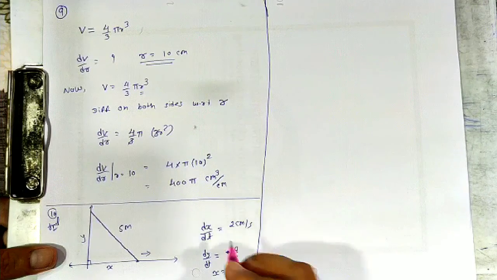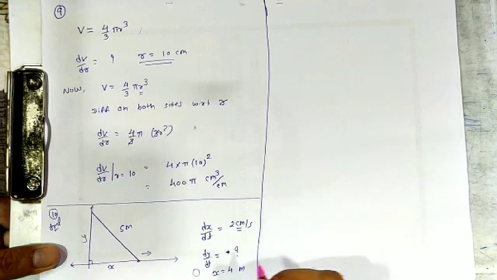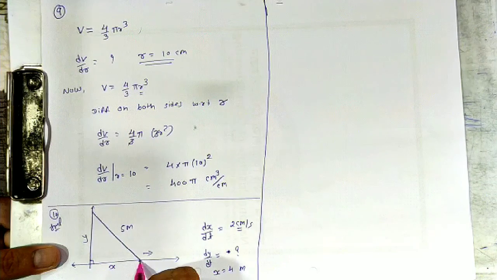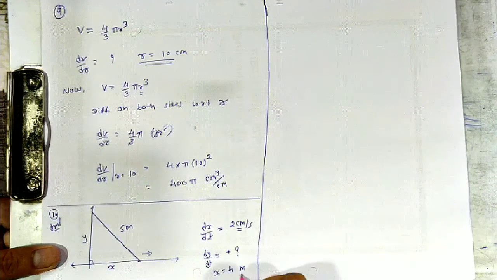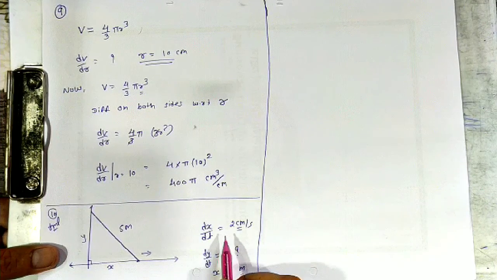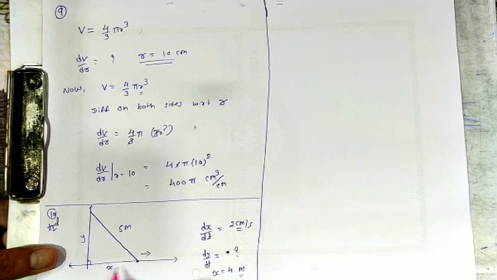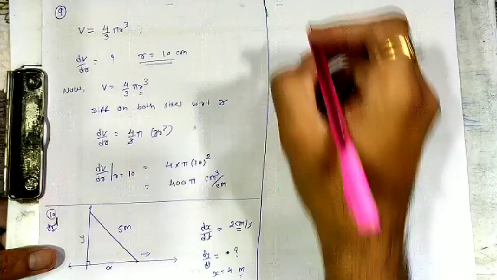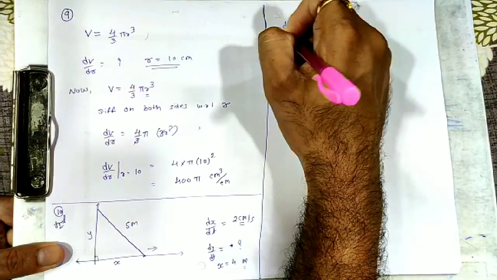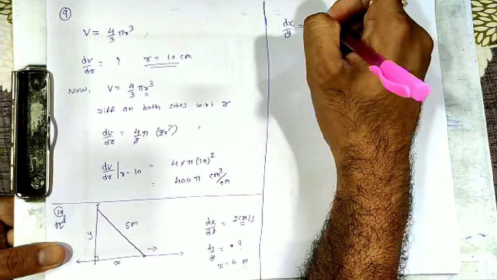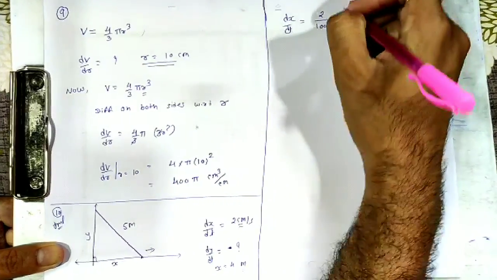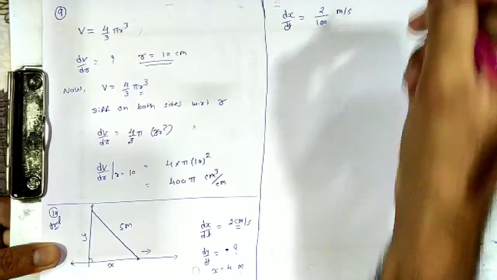Here you have to consider the units. The rate of change is given in terms of centimeter per second, and the dimension of the ladder and the distance of the foot of the ladder from the wall are given in terms of meter. So we'll convert this rate of change of the distance of the foot from the wall into meter. Done. So this dx by dt is 2 centimeter per second. So we can say that our dx by dt is equal to, converting centimeter into meter, you have to divide by 100. So it is 2 by 100 meter per second.